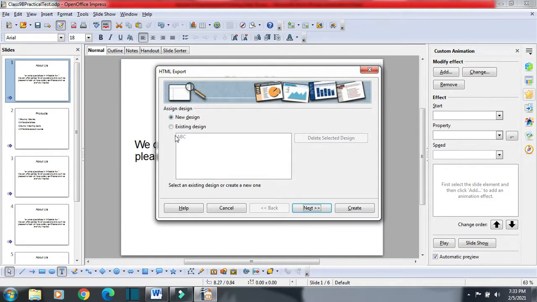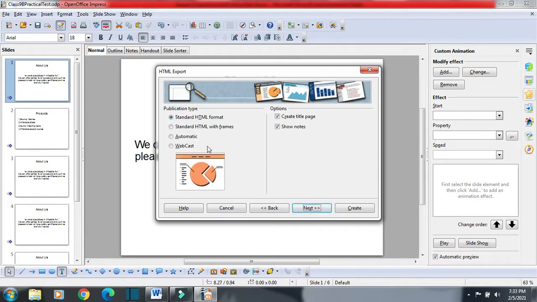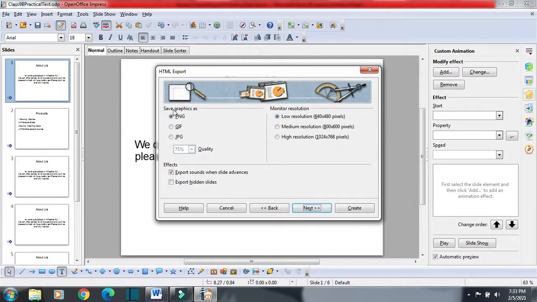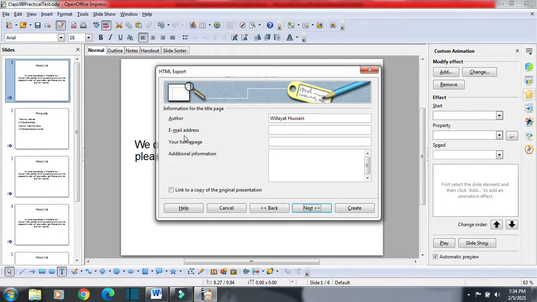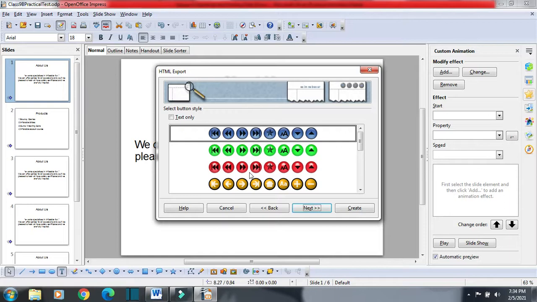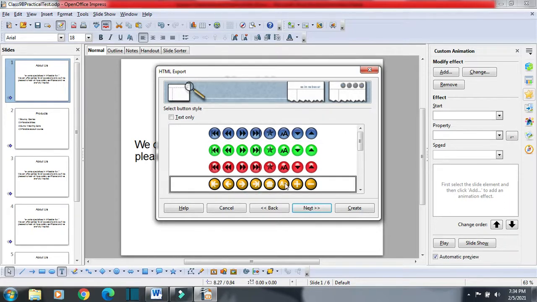It will ask me what type of design I want, so I will just right click. This is the design selected by me, ABC. Then next, then next. If you want to save graphics with any other, or if you want to change the quality of the HTML file, you can change the resolution also to change the quality of the image, or you can go for as it is. They have used low resolution. You can go for high resolution also. Then next, you can add something, an email address, your home page, all of these things. And buttons you can select, suppose I want to go for these types of buttons. Then next,